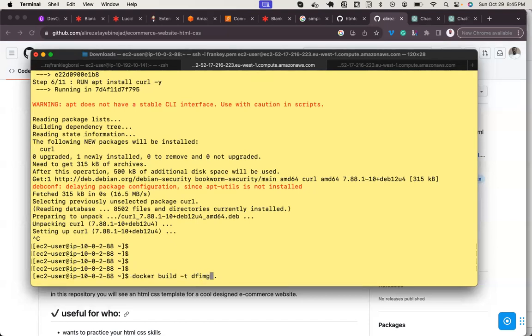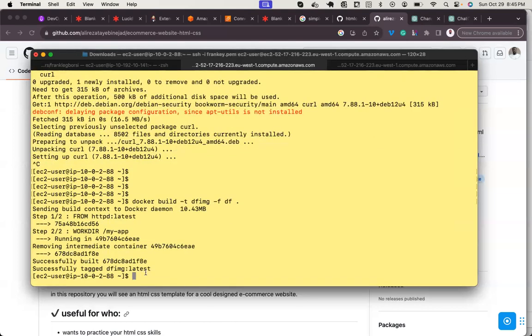So I'll use the -f flag. The Dockerfile is df, and it's in this directory. The image name will be dfimg. So I have built this image. If I say docker images,